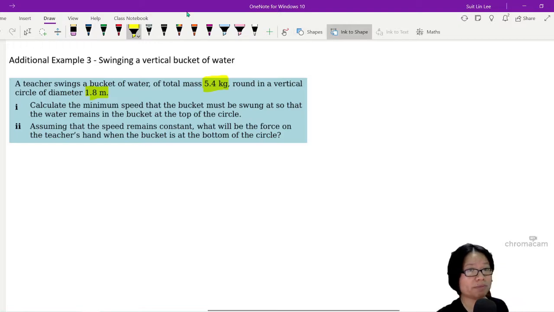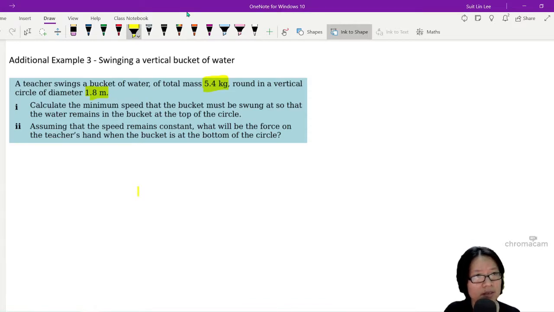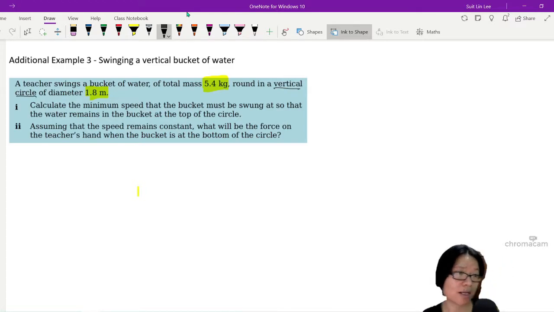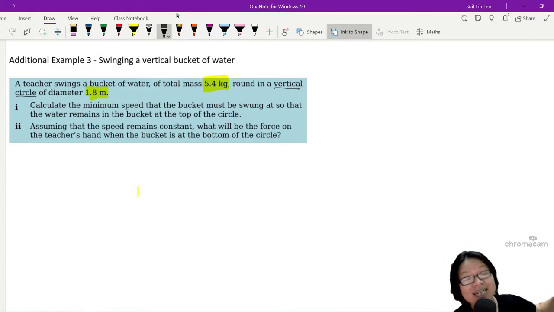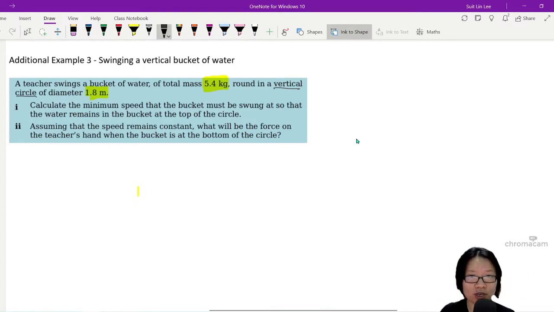So I'm going to draw it together with you if you're trying the question. All right, so this is a vertical circle. As I've mentioned previously, and I'll mention it again, the question will always tell you whether the circle is vertical or horizontal. Can I swing the bucket in a horizontal circle? Yes. Then that will be a totally different question. Okay, so please don't confuse between